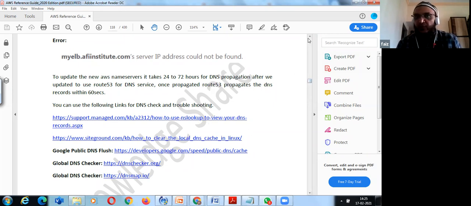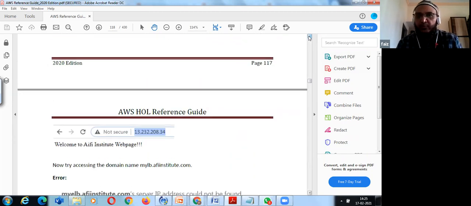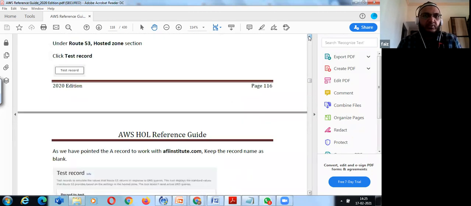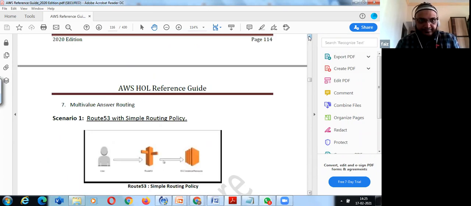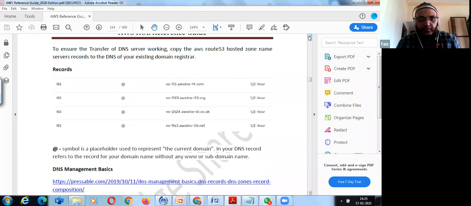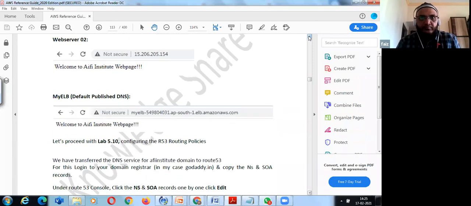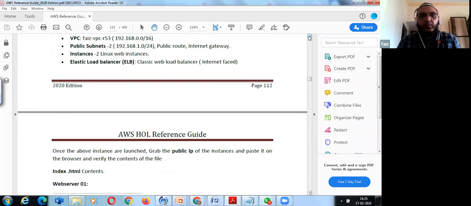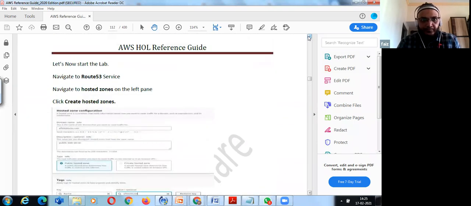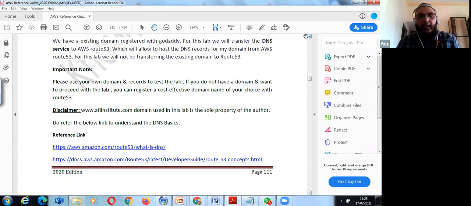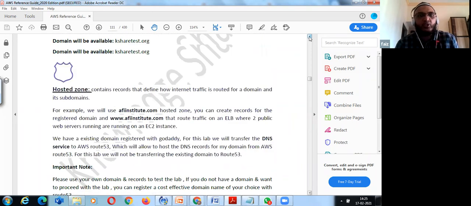But if you want to save cost, I wanted to save cost because I was just practicing it. So considering my scenario, I cannot show you all the steps because I have already done it in this book and all the screenshots are available for you.